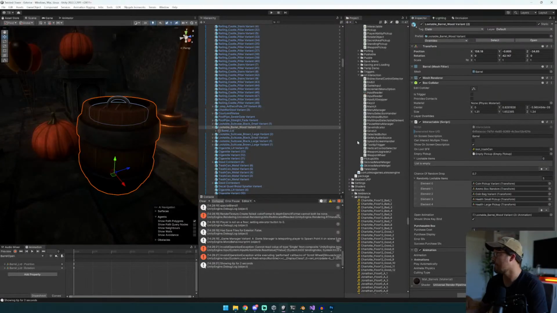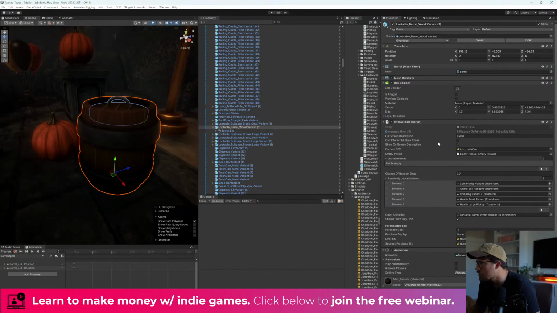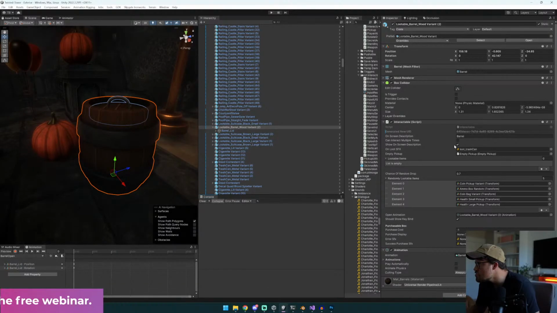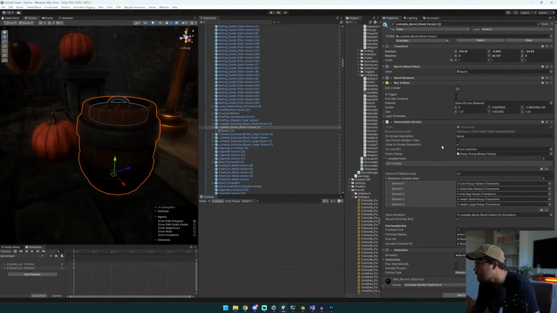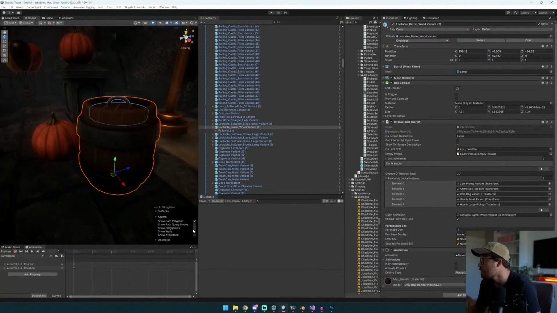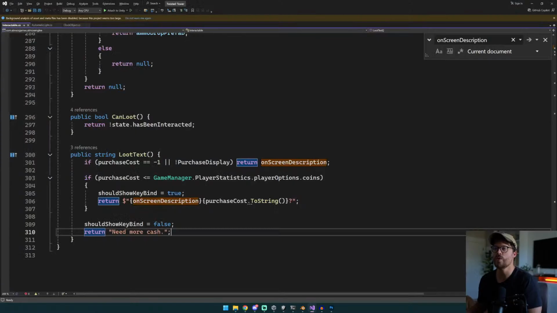Should show keybind. It says, oh look, we can just turn that off. Should show keybind equals true. There it is. Okay, should show keybinds right there. That's fine. We need a new